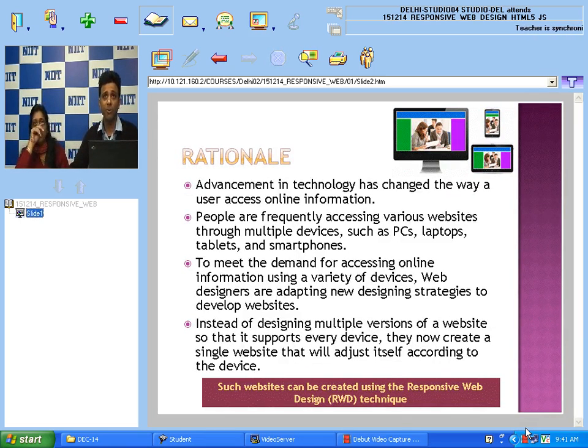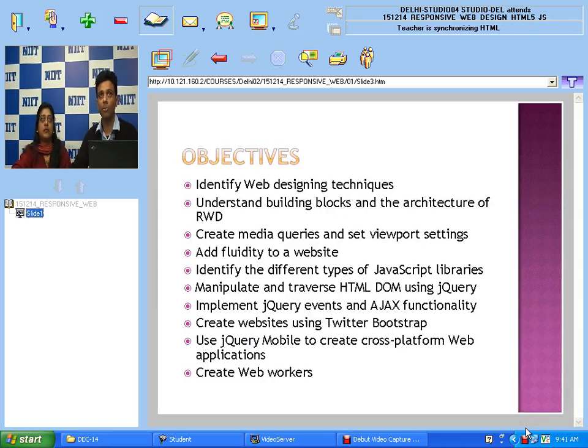So this is something about your rationals. Okay. What we have to do in this course, I'm going to cover here in my objective. We have identifying of web designing techniques, understand building blocks and the architecture of the RWD, create media queries and set viewport settings, add fluidity to a website, identify the different types of JavaScript libraries, manipulate and traverse HTML DOM